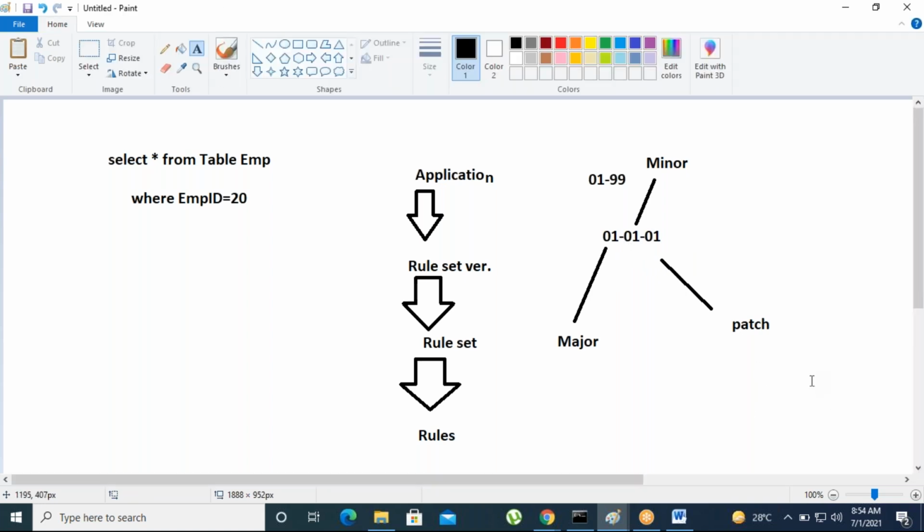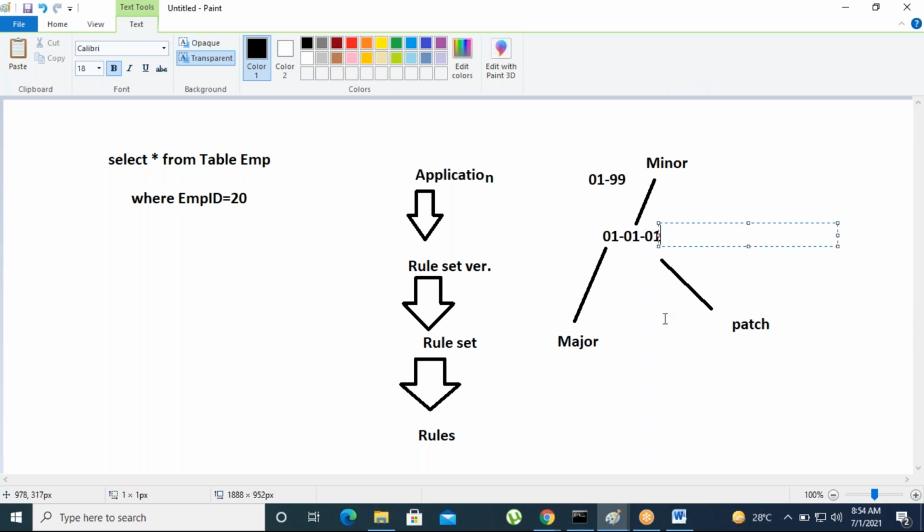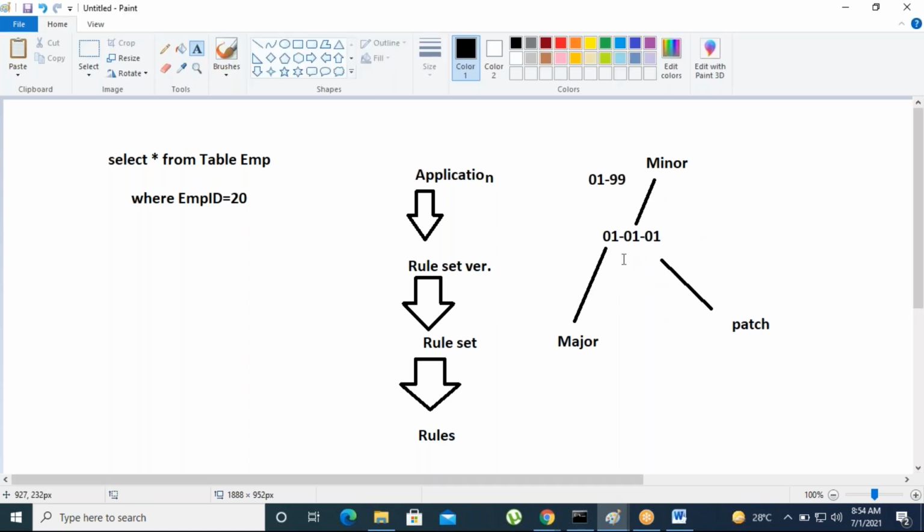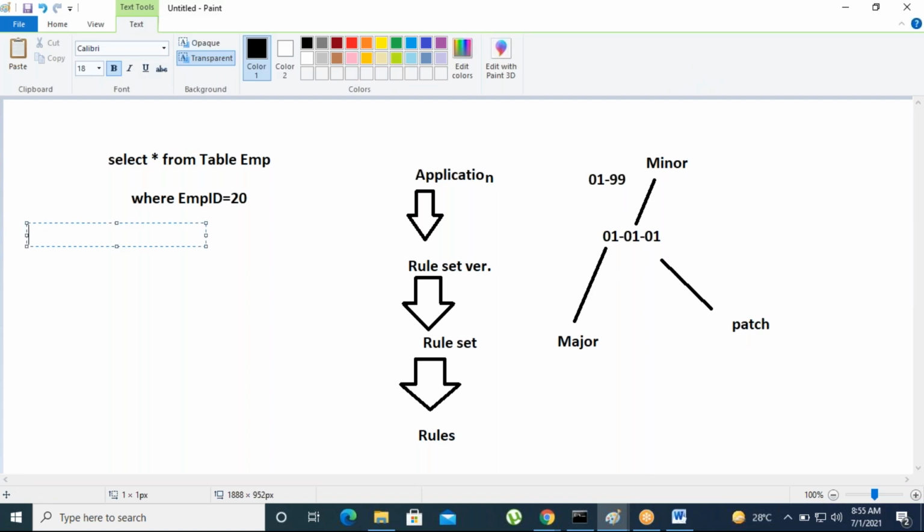Patch is nothing but deploying. Suppose when you click on create an application, the first incremented version is the patch. Based on the patch, the second, minor, and major will be incremented. But we can also change them to different numbers, major, minor, patch. The patch version we use for deploying. For deployment purposes, whichever version you are going to patch for deployment, we can give the patch version here. So this is the indication of the versions: major, minor, and patch, with minimum 01 and maximum 99. The versions are created like this.